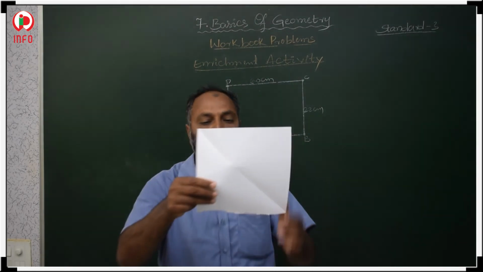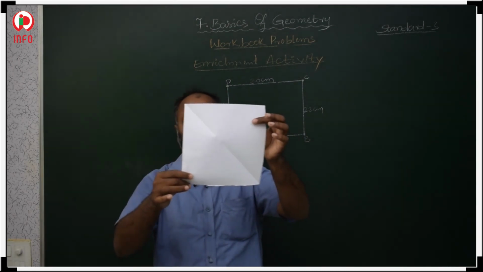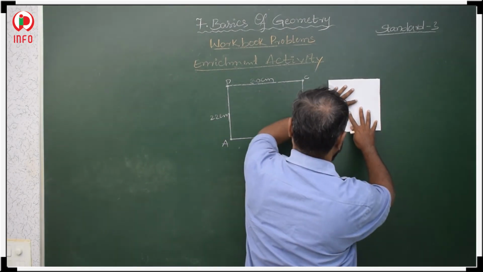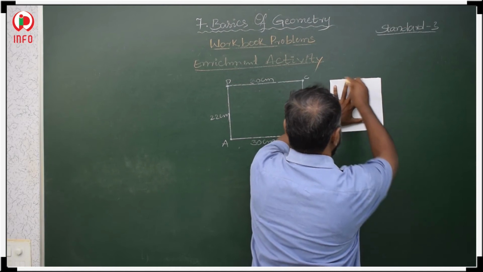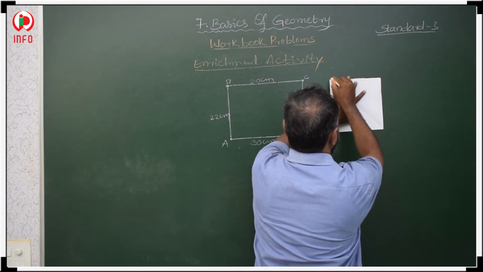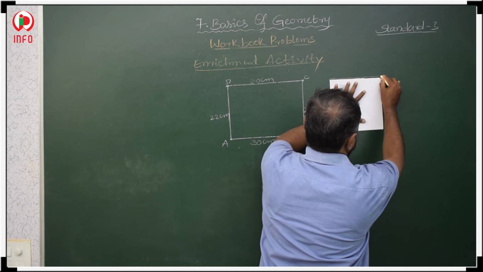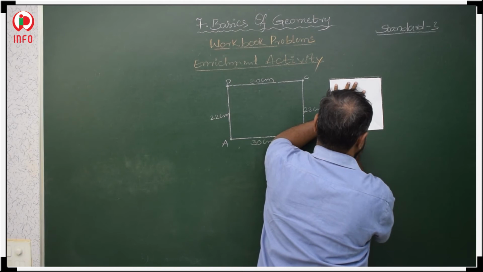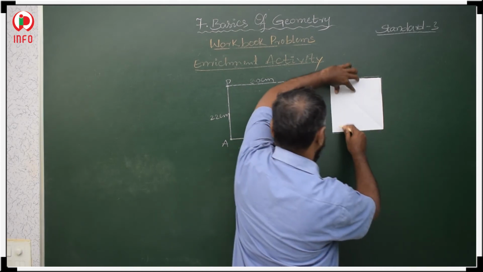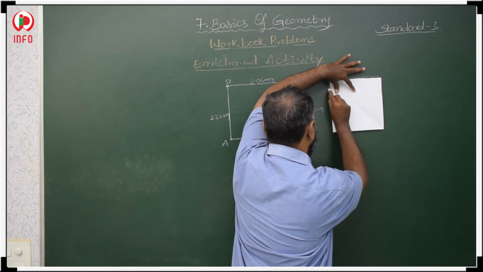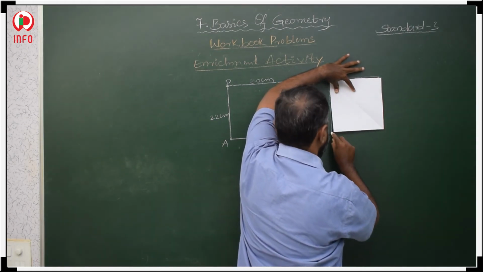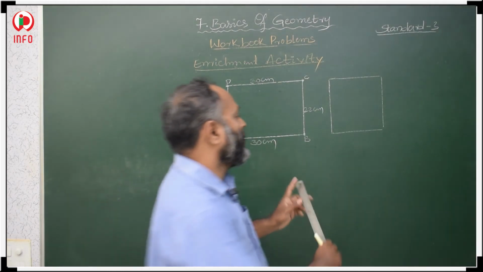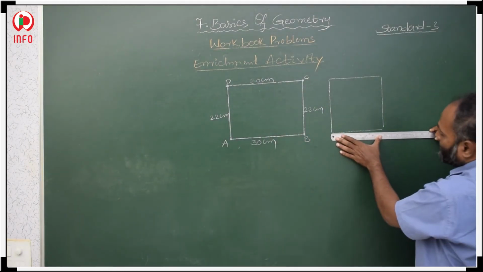Okay. So now we have to draw the square paper, square shape, like this, or otherwise take this square shape and directly measure the four sides' lengths, that is your wish. If you want to measure directly, that is your wish, or if you want to draw and measure, that is your wish. This is up to you.